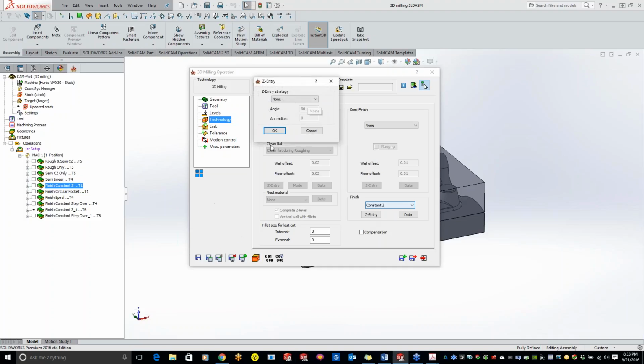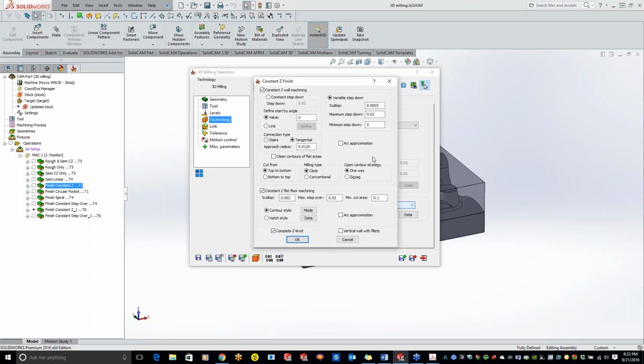Now, in here, I have my Z strategy. Like I said, I'm just going to set this up as none, but I do have the option to do angle along pass, angle between pass, and stuff like that. Also, in my data now, what I did is I set it up as I want to have a max scallop of 5/10, a max step down of 20 thou, and a minimum step down of 0. And what I'm going to do is a tangential